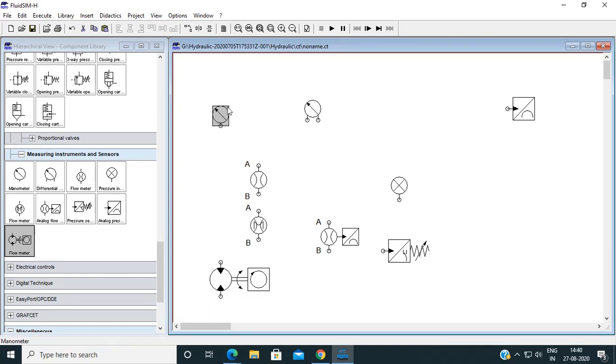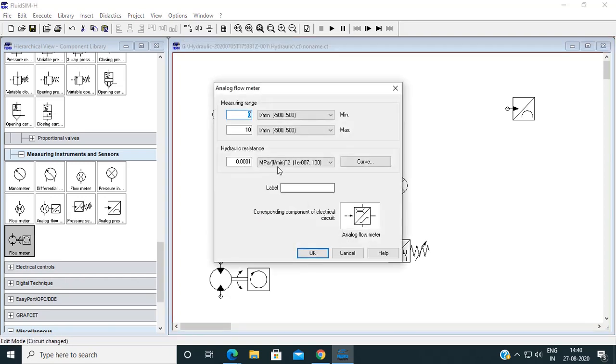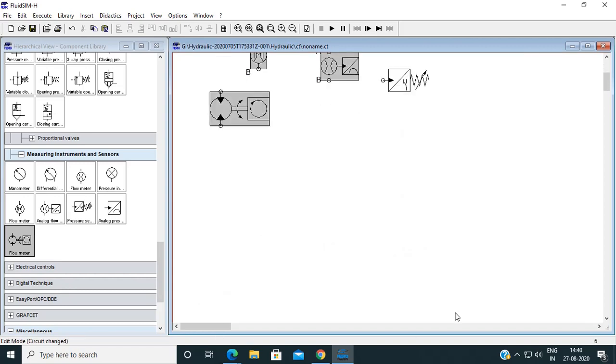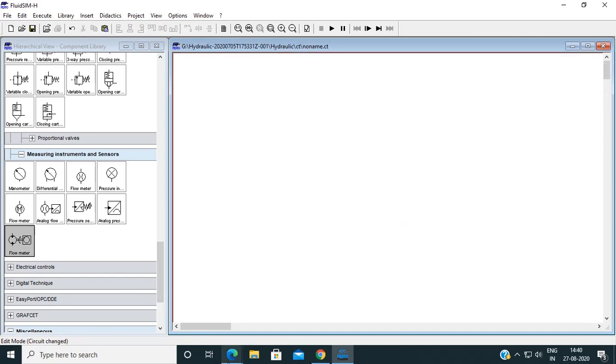Double click. You can change the parameters, cumulative flow, resistance. All are customizable, so you can change them. So these are the few components required for FluidSim.